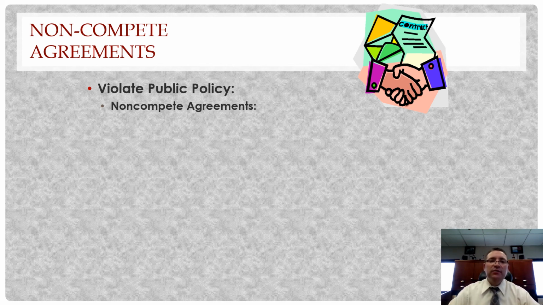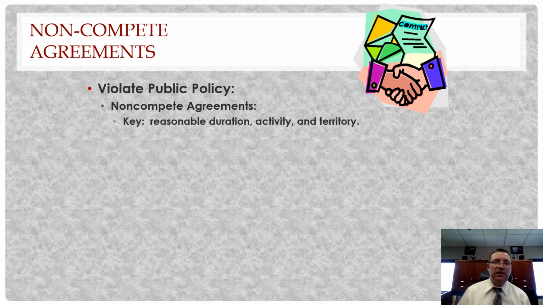All right, going back to public policy regarding non-compete agreements, these 3 things are the key things. It has to be a reasonable duration. It has to be specific and reasonable activities to prevent them from competing with you. And the territory has to be right. In other words, if it's something very specific to your community, it has to be within that community. You can't say nationwide, right?